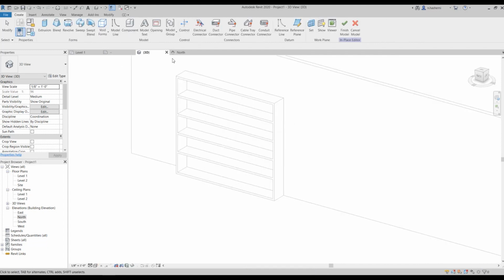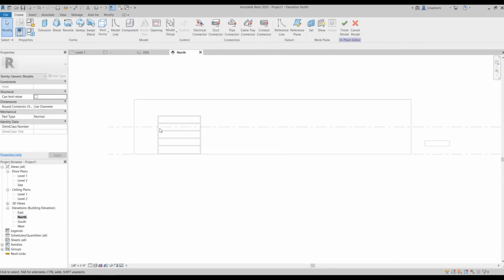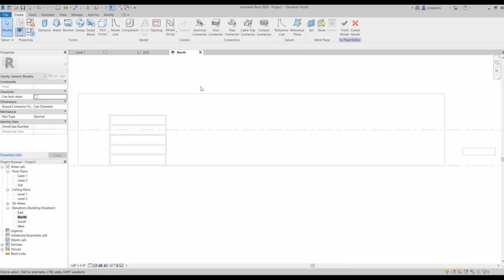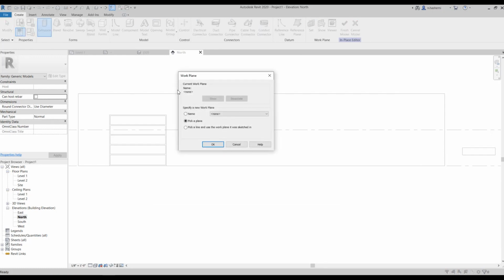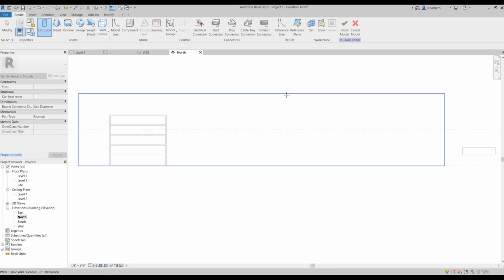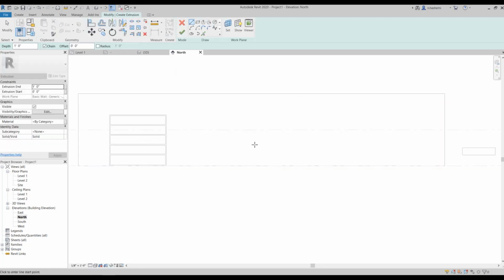Okay, let's switch to this view. Now I'm going to use extrusion. I'm going to pick this plane again. Use rectangle tool.